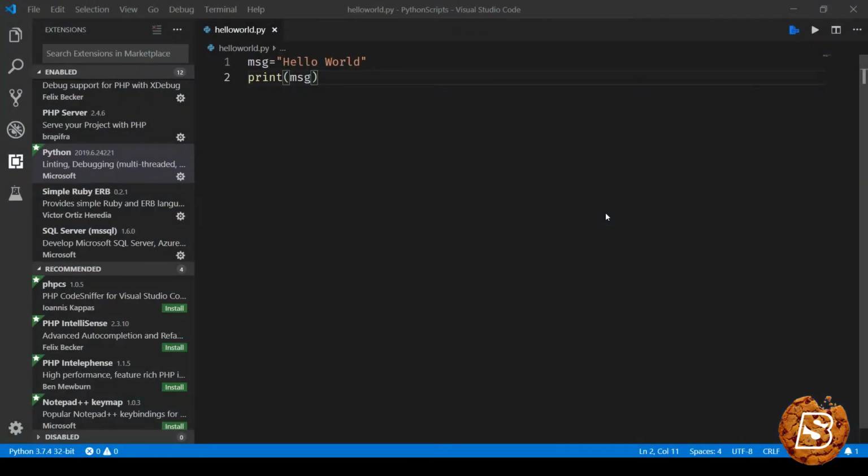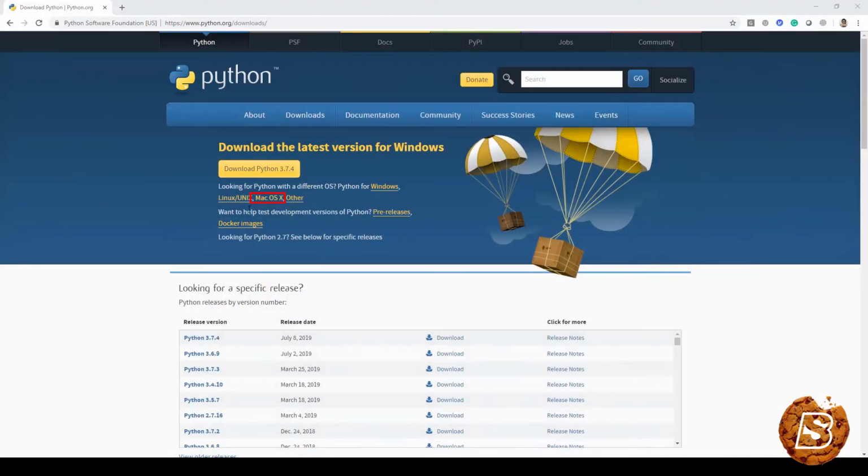In the previous lecture, we saw how to install Python on Windows and then how to work with Visual Studio Code Editor using Python extension on Windows. In this one, we'll be quickly taking you through Python installation on Mac and then working with Visual Studio Code Editor. So in order to install Python on Mac operating system, here you can go ahead and download the relevant